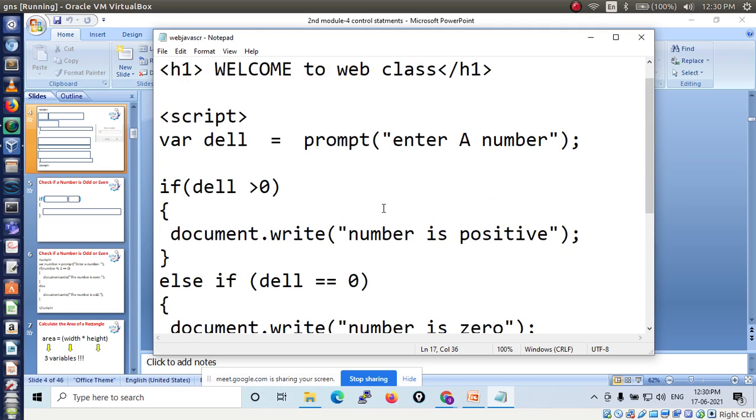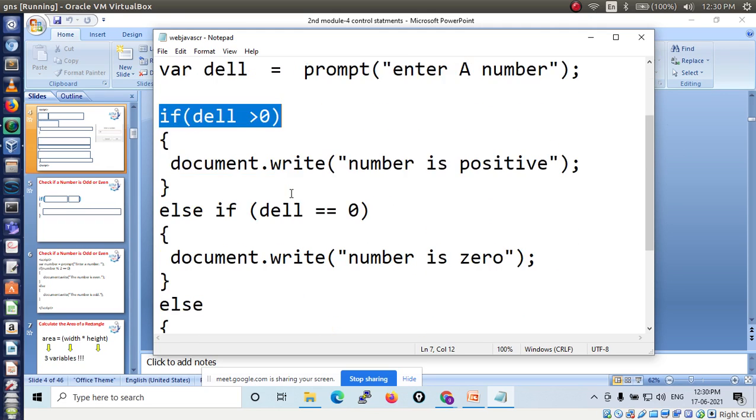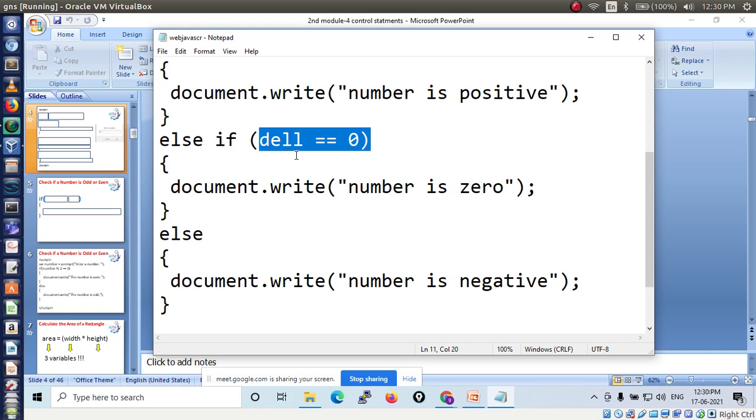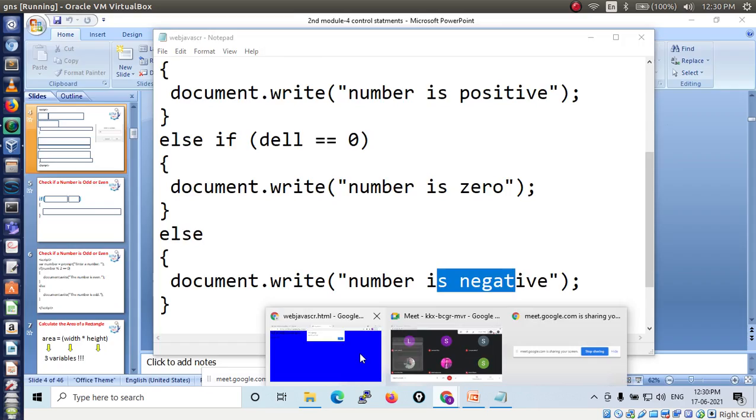So we have written three conditions: one is del greater than 0, del equal to 0, or else if both conditions are false, then it has to display this is a negative number. Three criteria we have, right? Let's run this file.